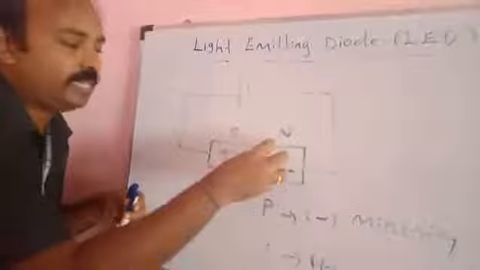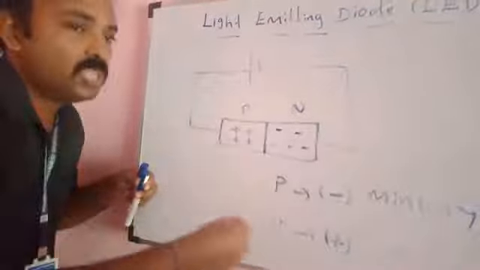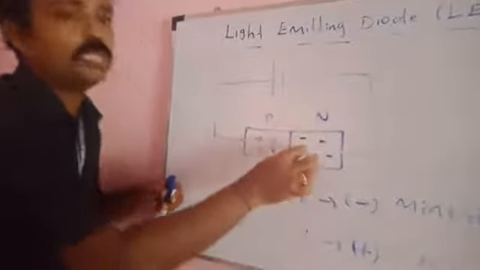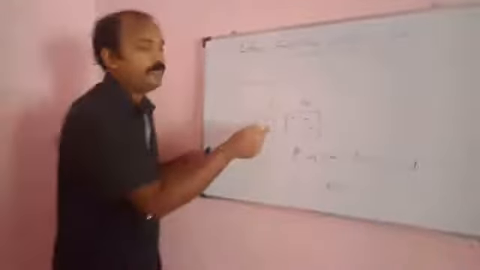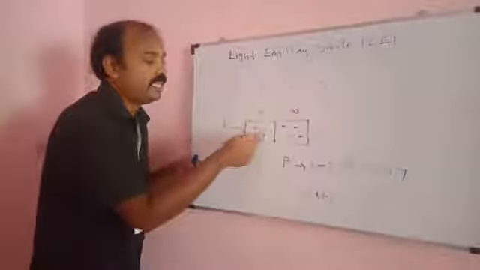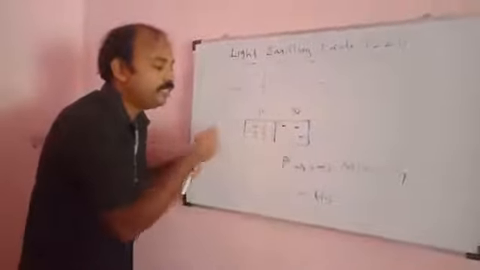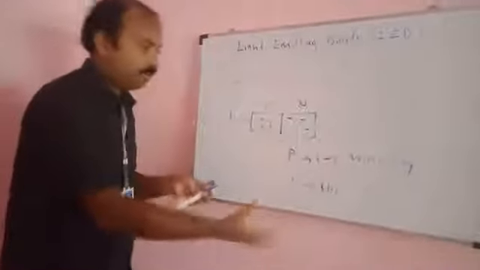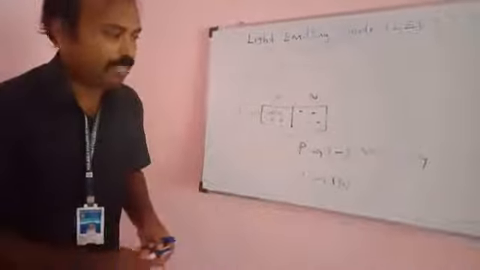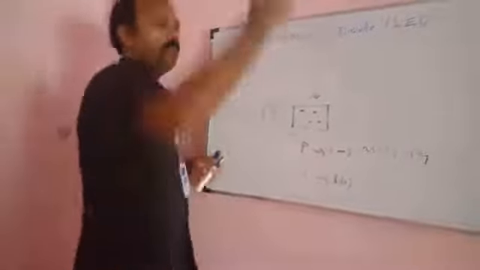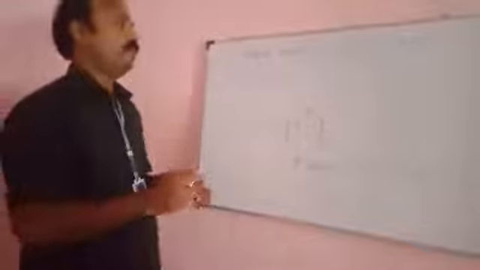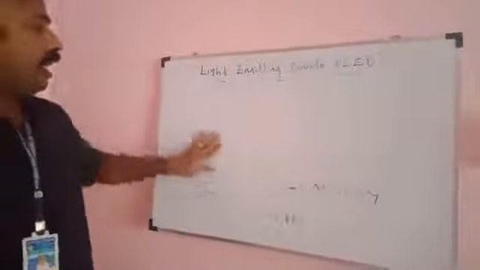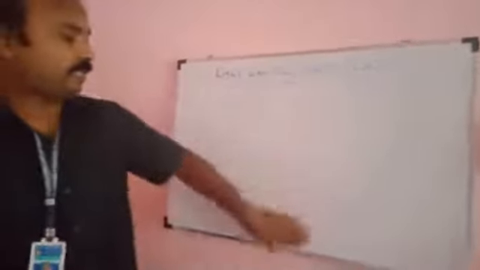So in the N-type semiconductor, the minority charge carrier, the hole, slowly increases by diffusion. Similarly, in the P-type semiconductor, the minority charge carrier, the electron, increases by diffusion because of this forward bias, and at that particular time recombination takes place. As a result of recombination, the light is produced. That is the actual procedure taking place in the P-N junction diode that acts as an LED. So here it is LED.